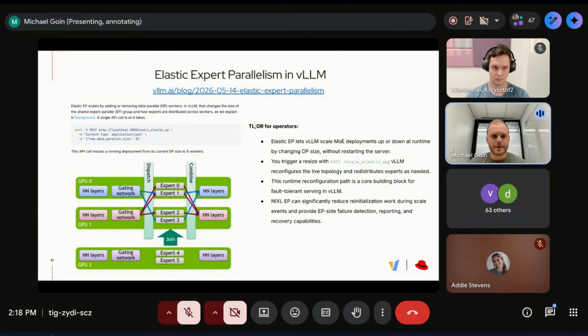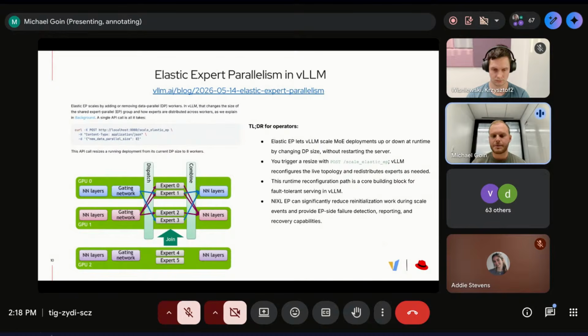And last, in terms of blogs, we had an announcement of the elastic expert parallelism support in vLLM that's been in development for a while. This has been really important for improving fault tolerant serving for wide expert parallel deployments of vLLM.